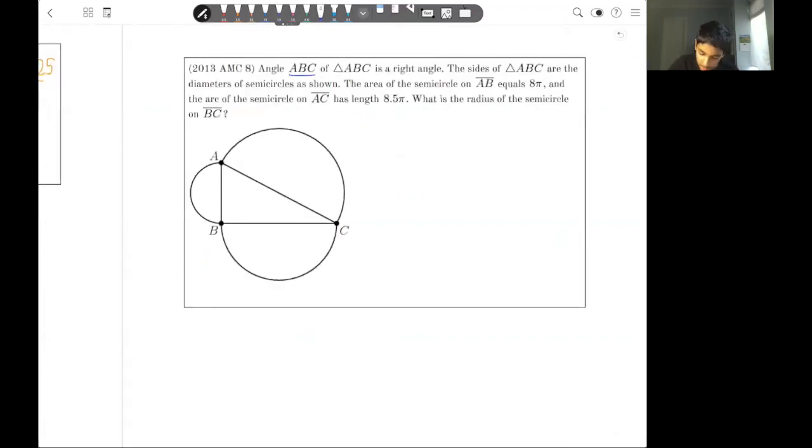Angle ABC of triangle ABC is a right triangle. So this is a right angle. AB and AC are the diameters of semicircles. So the area of the semicircle on AB is 8 pi. The area of the semicircle on AC is 8.5 pi. And rest on the radius of the semicircle on BC. Okay, so